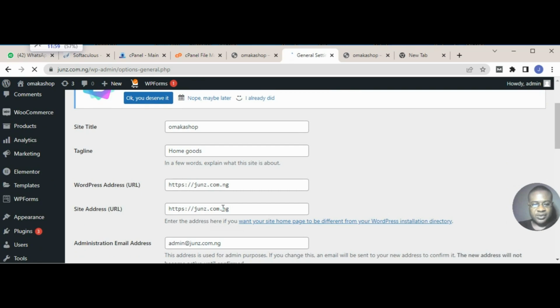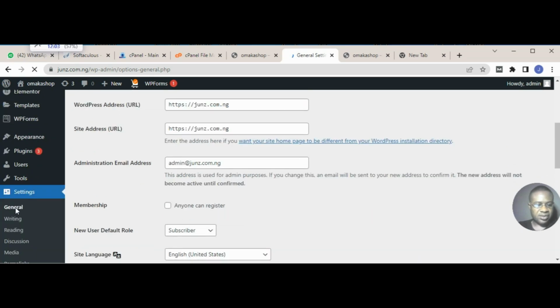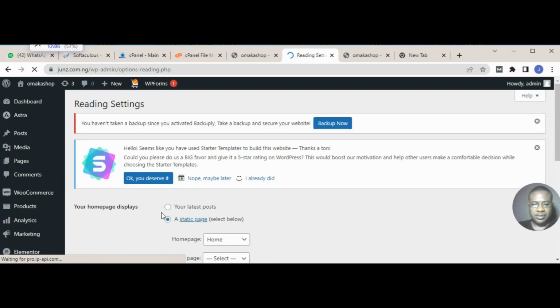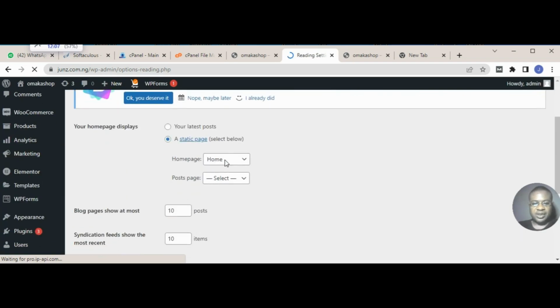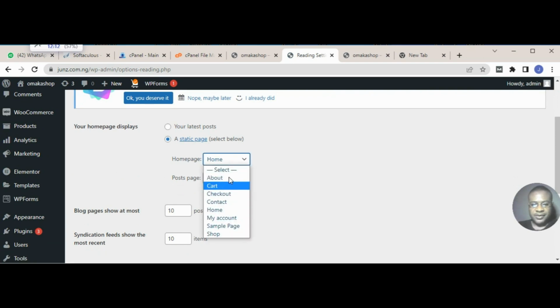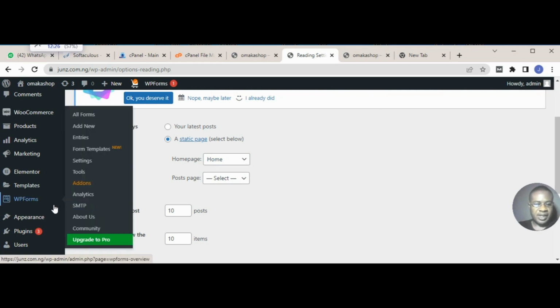Now, if you look at it, you see home. So this is set as home. If this section is not set on home, my web page will not display. So ensure you set this to home, okay, so that you can easily see what you're doing on the user's